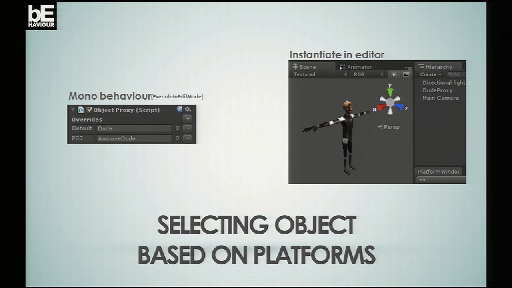For sure, there are things that you need to consider when you are doing it, because now it's part of your scene. So you have to be sure that you add the DontSave flag so that none of the objects get into your final build. But with it, you are able to change, using a simple platform window where we say, okay, we want to switch this config, and then you load inside the editor what is there and what you see.